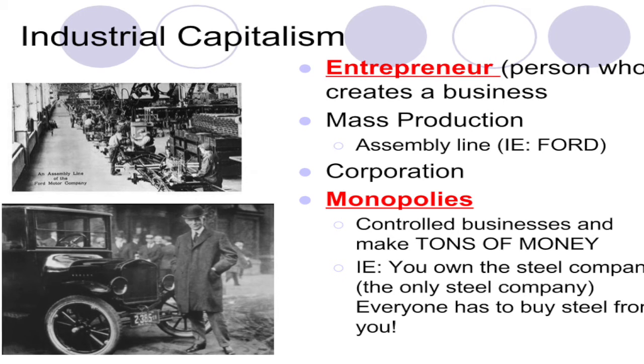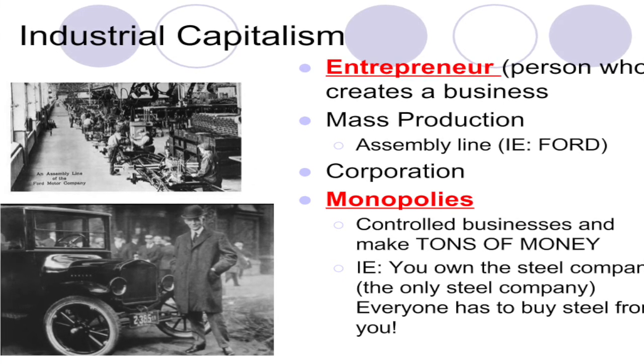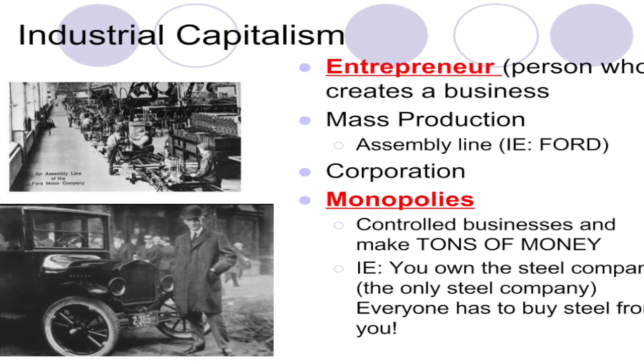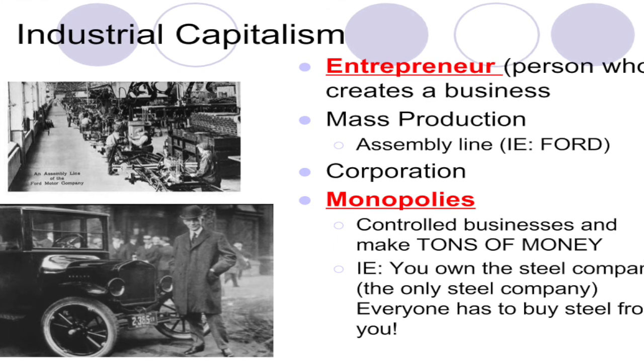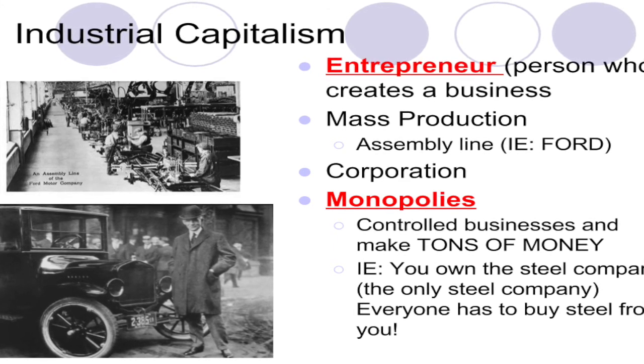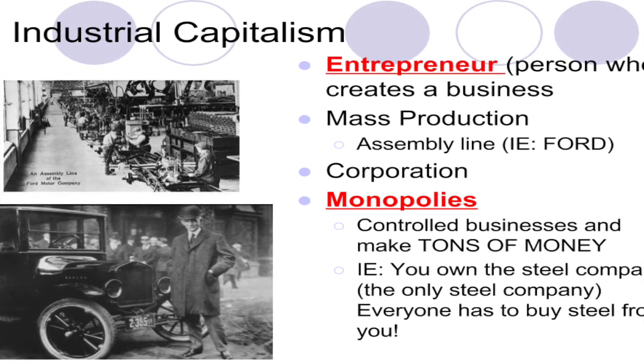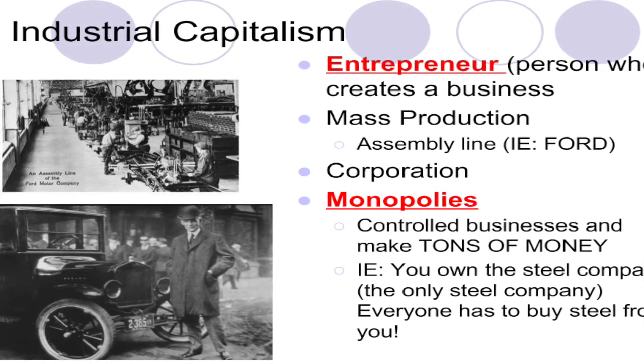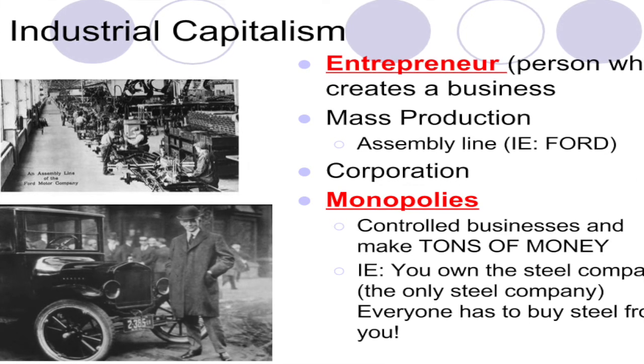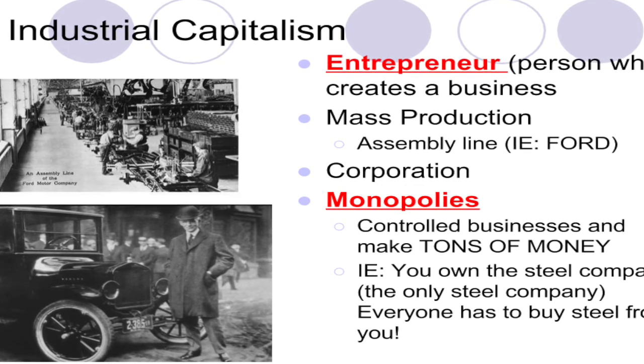On the bottom, you can see monopolies. I will definitely test you on this. It's not a good thing because at this time it would be a company controlling one business and making tons of money from it. We joked around about the Rockefellers, and I told you guys if you ever meet someone with the last name Rockefeller, just marry them, okay?